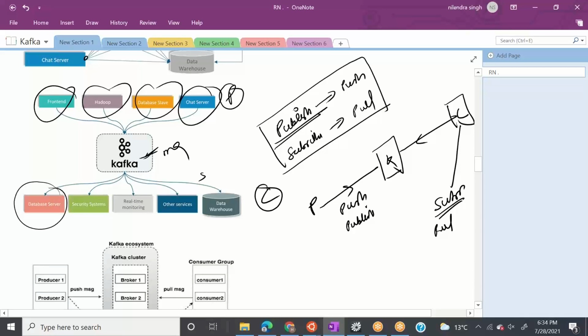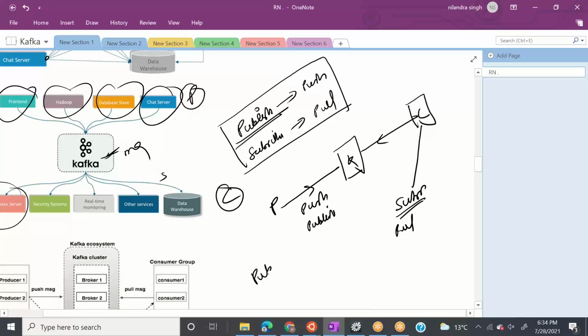So Kafka is also called publish and subscribe messaging, or pub sub. Pub means publish, sub means subscribe. Your producer will publish the messages and the consumer will subscribe to the messages. Simple, right?